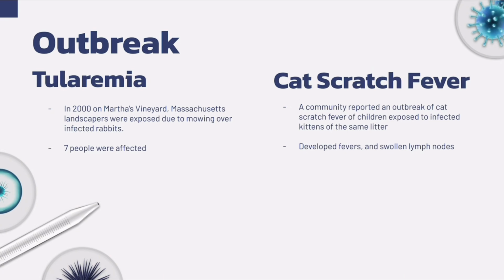A local outbreak of pneumonic tularemia occurred on Martha's Vineyard, Massachusetts, where landscapers were exposed to aerosols from mowing over infected rabbits. 7 individuals were infected, and several of them required hospitalization. The outbreak was traced to inhalation of